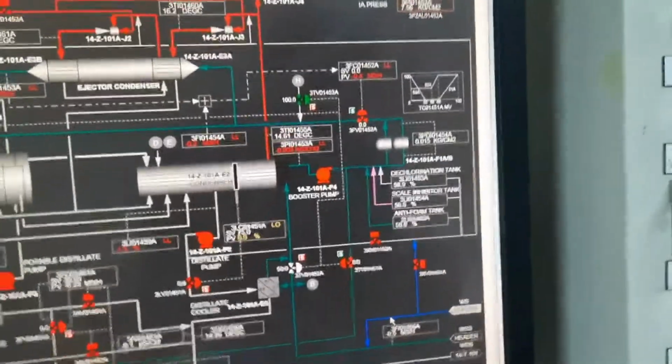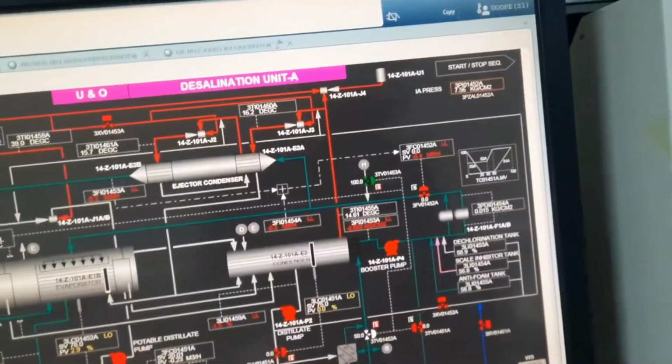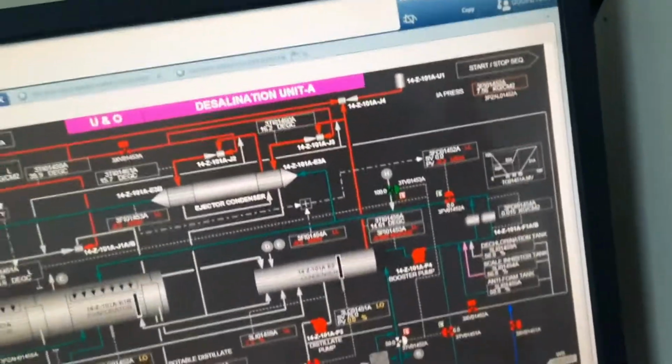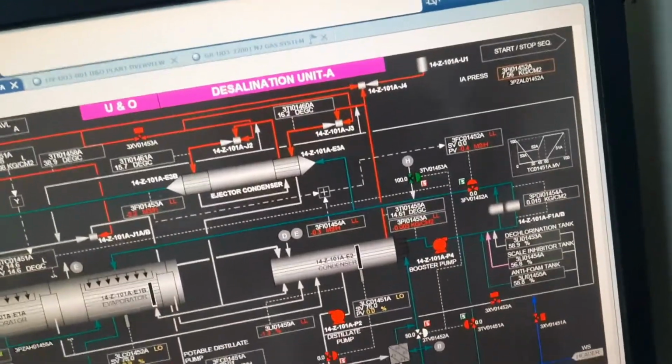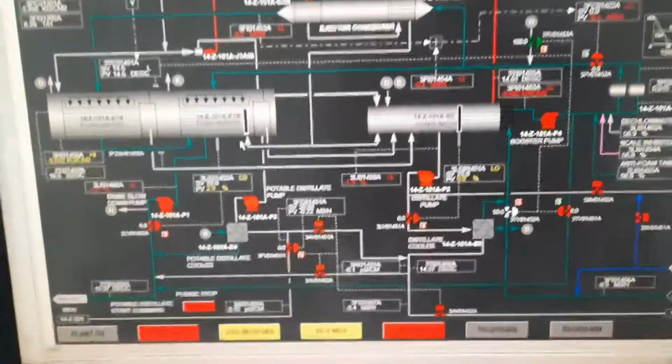No need for a pump, because service water has 7 kg pressure. It will pass by this pressure. Okay. So this is our first job, to check whether the spraying nozzle is okay or not. If the spraying nozzle checking is complete, then second we will check the tube bundle.